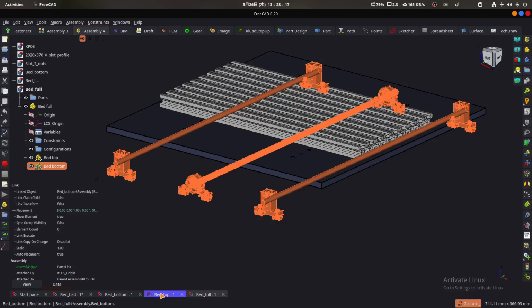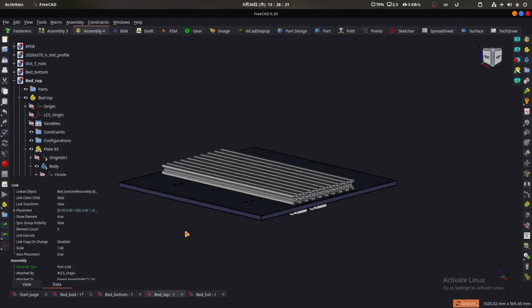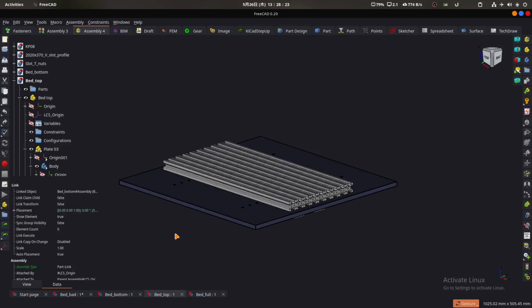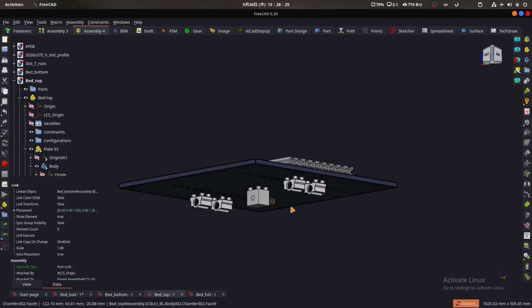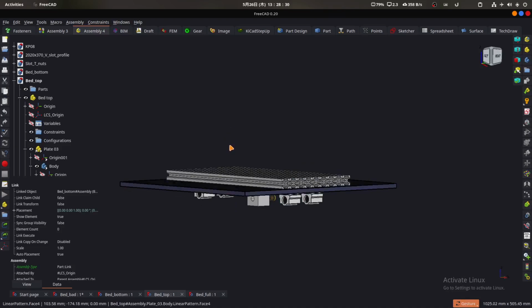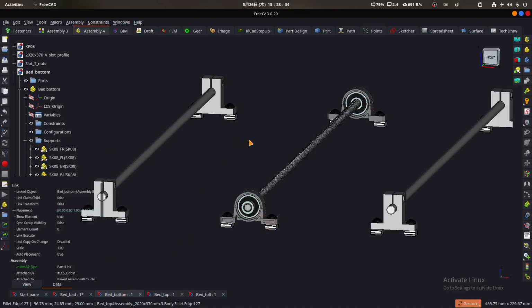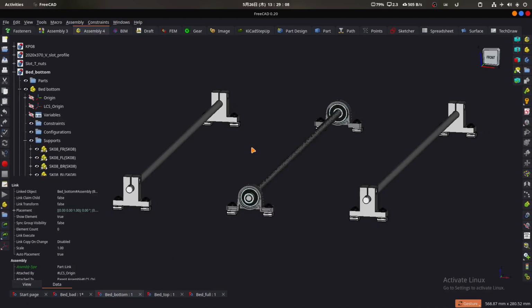These files are this: bed top that has aluminum profiles, fasteners, nuts, linear bearings, spacers, the plate, and this other file that has rods, lead screw, block pillow bearings, and these shaft holders.